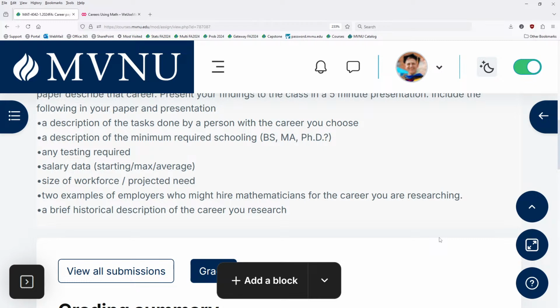So you might say psychometrician is going to be the ETS, the Educational Testing Center, has psychometricians because they have testing that they want to be able to help do statistics for, and then you might have another group that hires psychometricians. And then a brief historical description of the career, like when did it start? Have psychometricians been around forever, or is this something that just popped up in the past 20 years? That sort of thing. So, write a couple of pages, probably not more. It's not going to be more than 3, but you're going to get to 2, and then you're going to be like, I'm done.